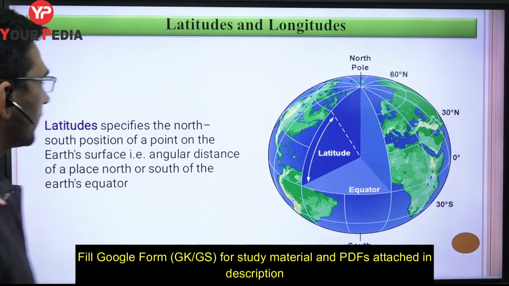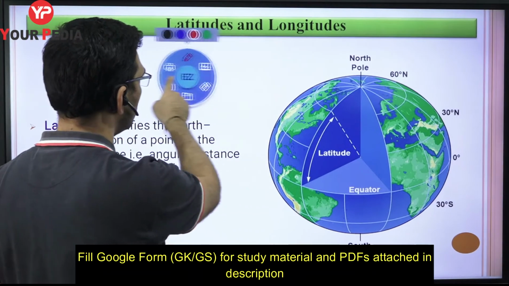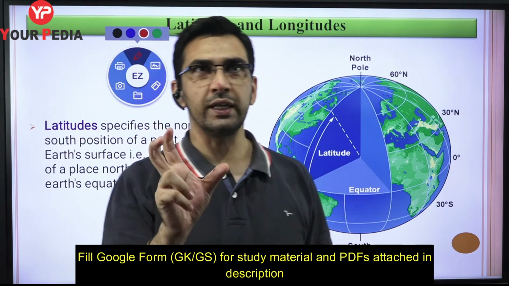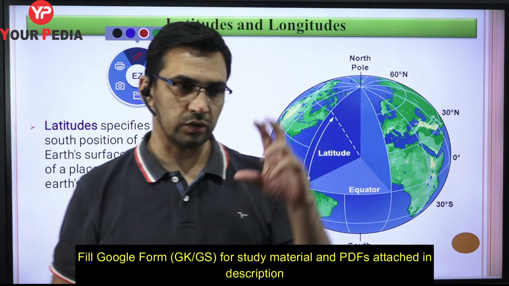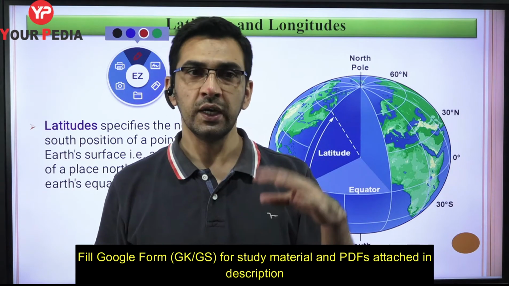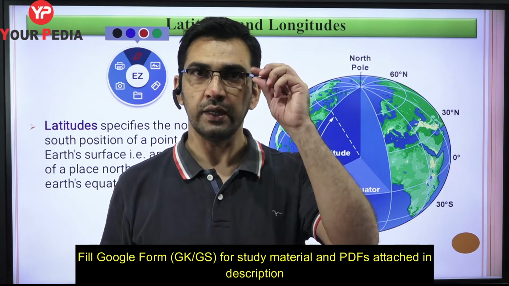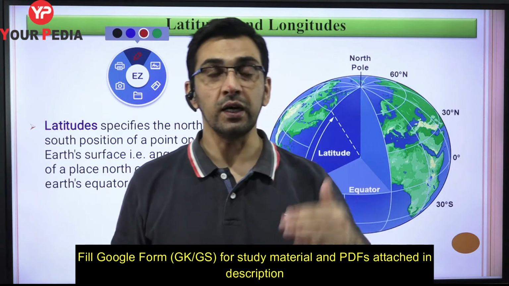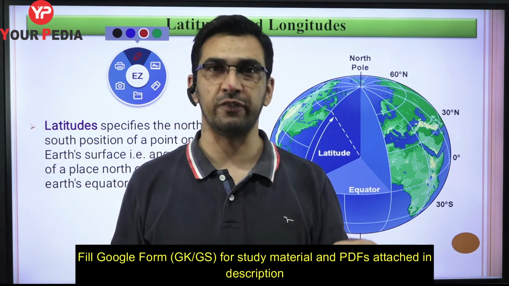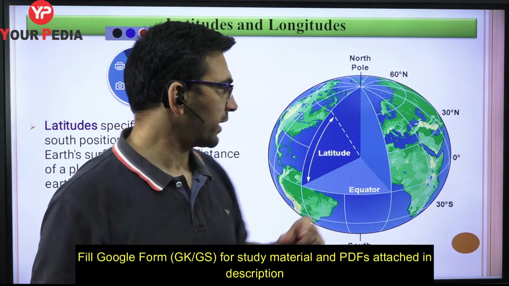Now let us define latitudes. What is the meaning of latitudes or longitudes? Whenever we say latitudes or longitudes, the common general understanding that you should have for both is that latitudes as well as longitudes specify the angular position of a point on the surface of the earth, right? The angular position of a point on the surface of the earth. Now the angular position in both cases, the reference has to be different. For example, when we talk about latitudes, the reference for latitudes is going to be the equator.